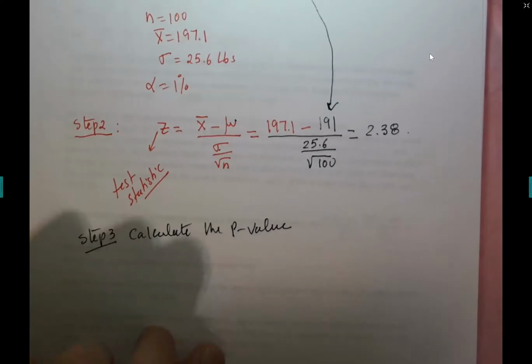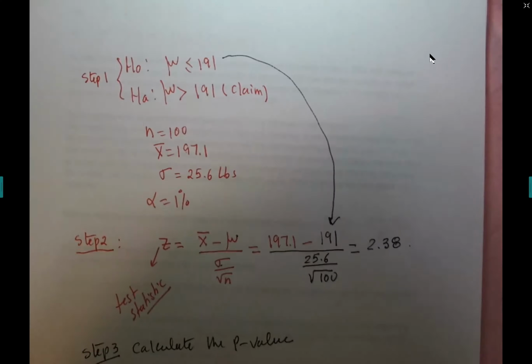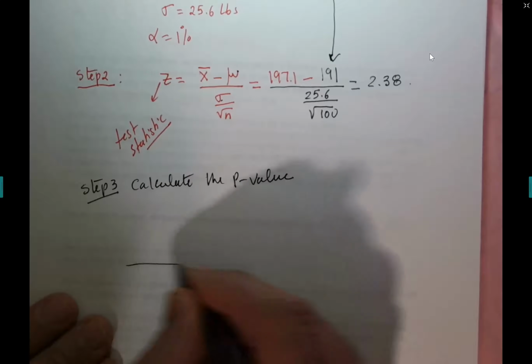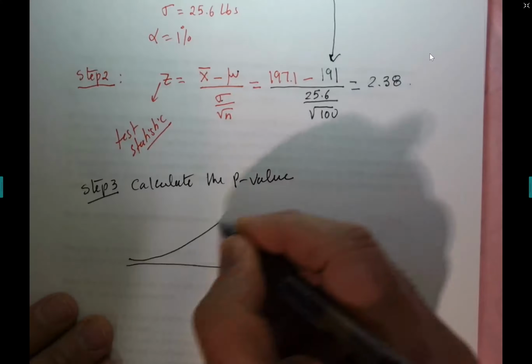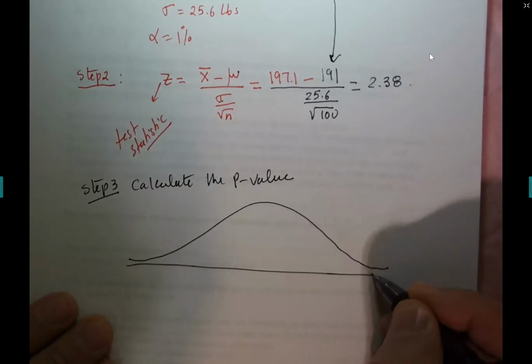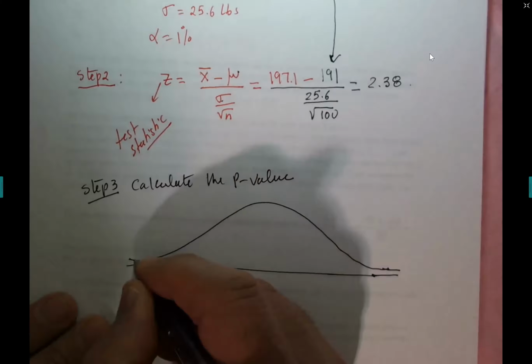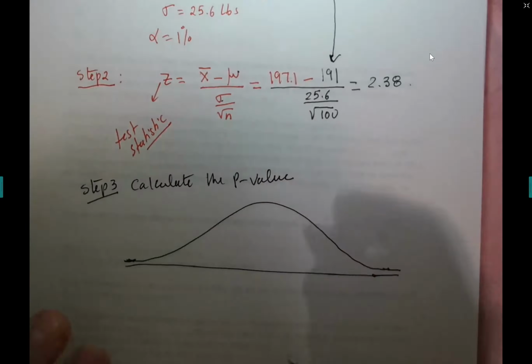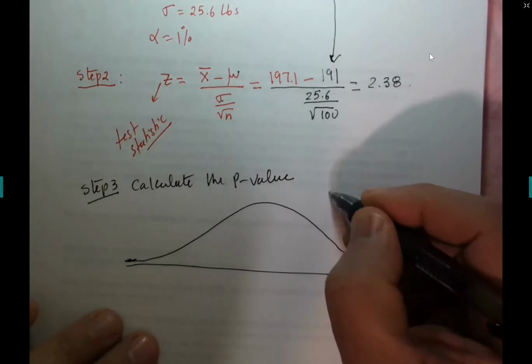Answer this question, guys. Is this a right tail test, a left tail test, or a two-tail test? Oh, this is a right tail test. Excellent, right tail test. So let me tell you what the p-value is in statistical terms. You saw the p-value in the context of those examples in the videos, but let me tell you what the p-value is. So you agree this is a right tail test.